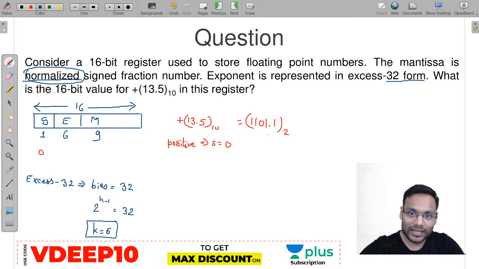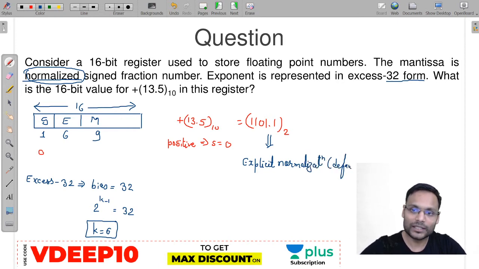Now this number I'll have to normalize. Which normalization? Explicit normalization, boss. Explicit normalization. Why? Just because it's the default one. The default one is explicit normalization, right? तो default one explicit normalization करो, explicit normalize इसको. How much it will be? 0 point में convert करेंगे